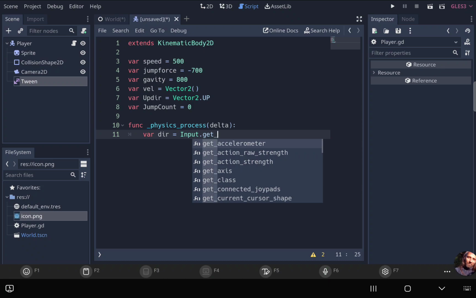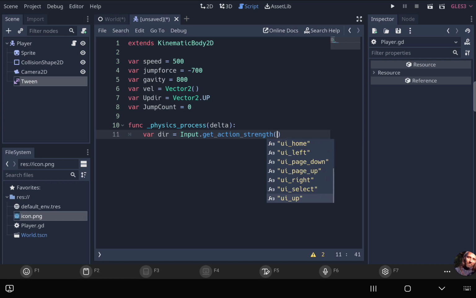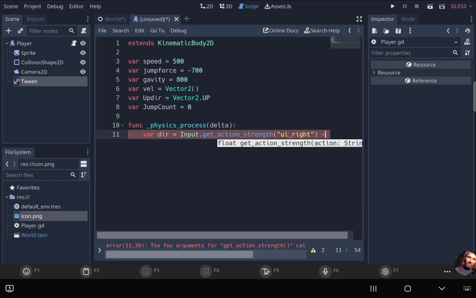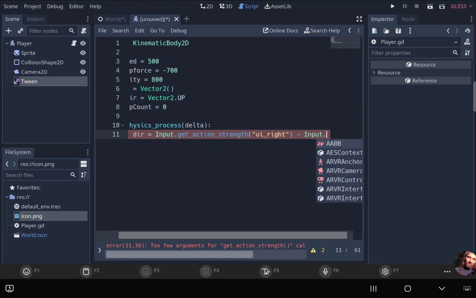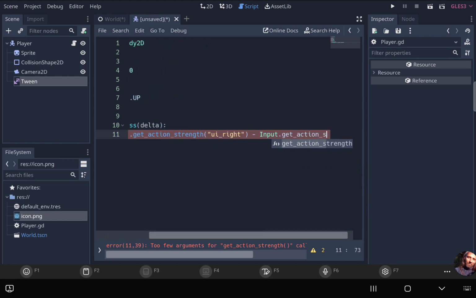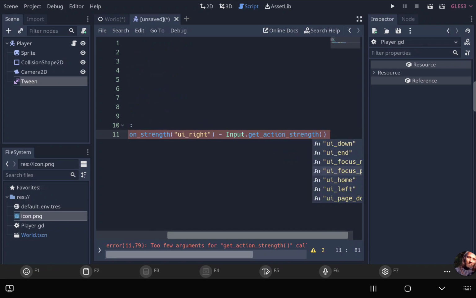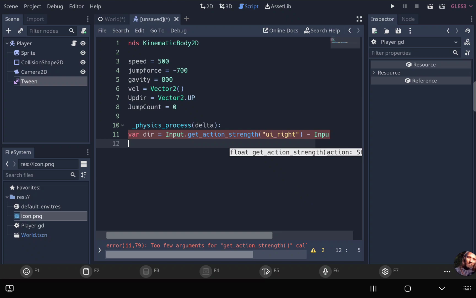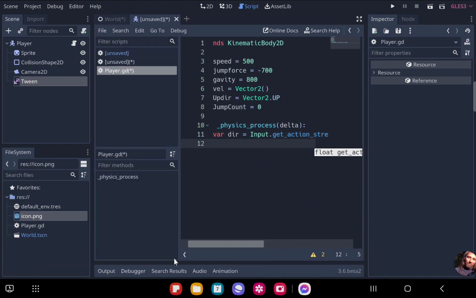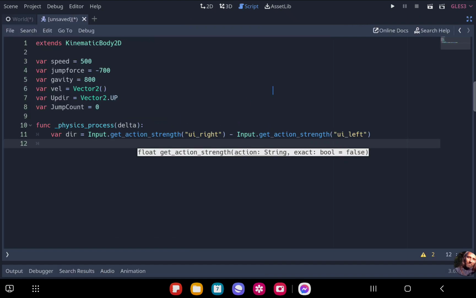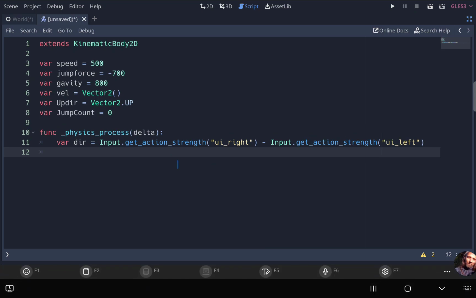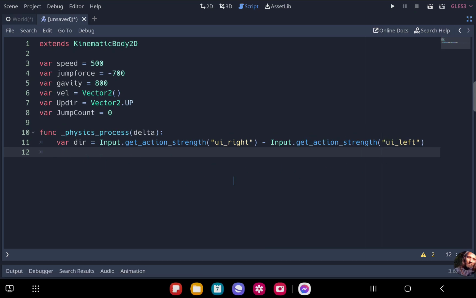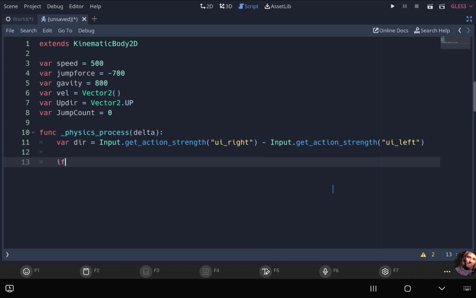Input.get_action_strength right minus Input.get_action_strength left. Okay, let's expand the screen here and go a little bit bigger text for you. Okay, good. Alright, now for the left and right movement, we're going to say if direction